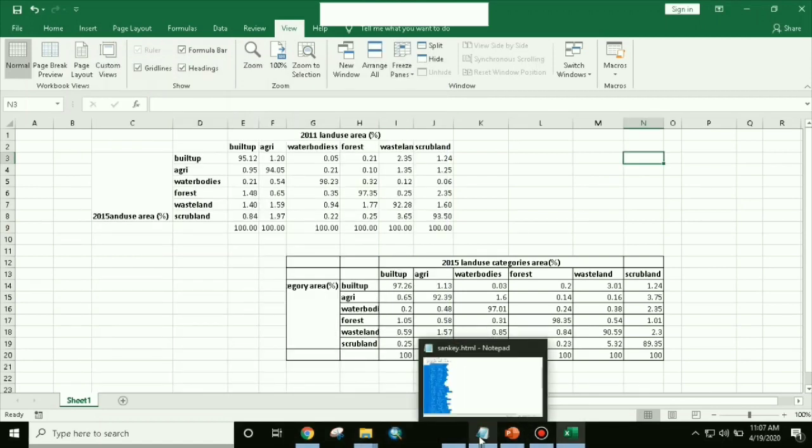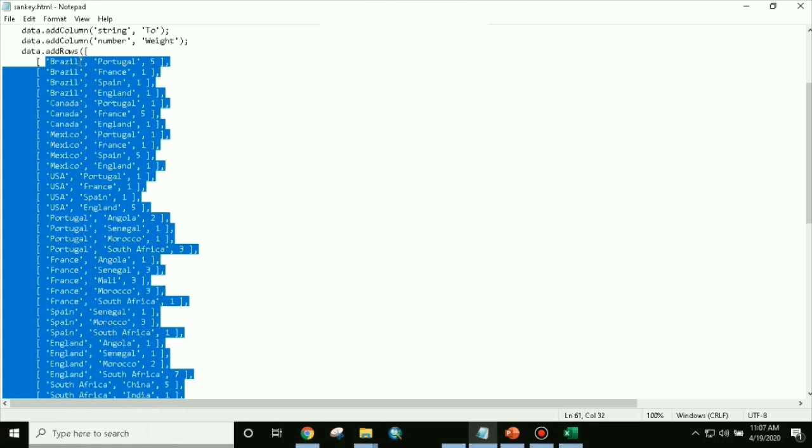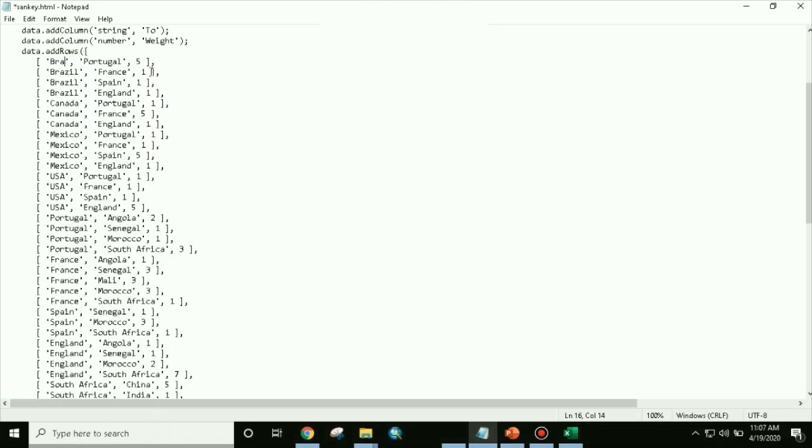First we need to fix our parameters. First we will delete that Brazil, then we will put built up, then we will put agriculture, then we will put forest.